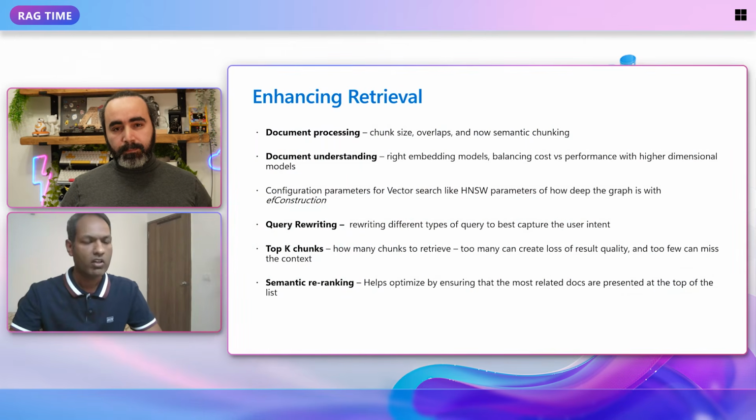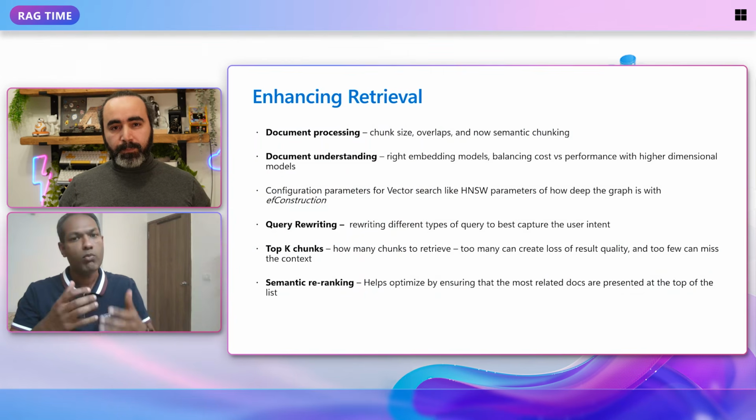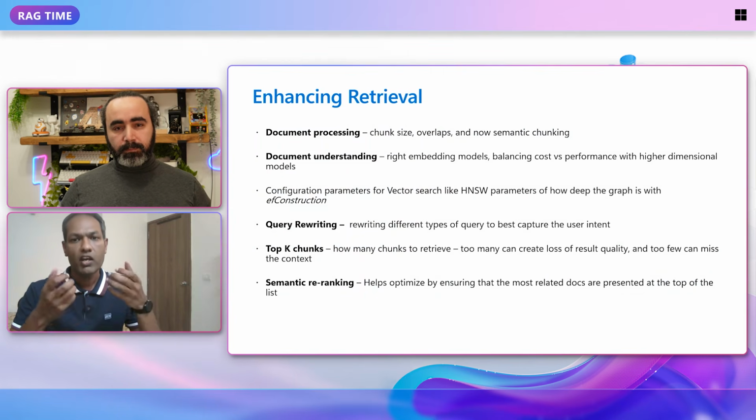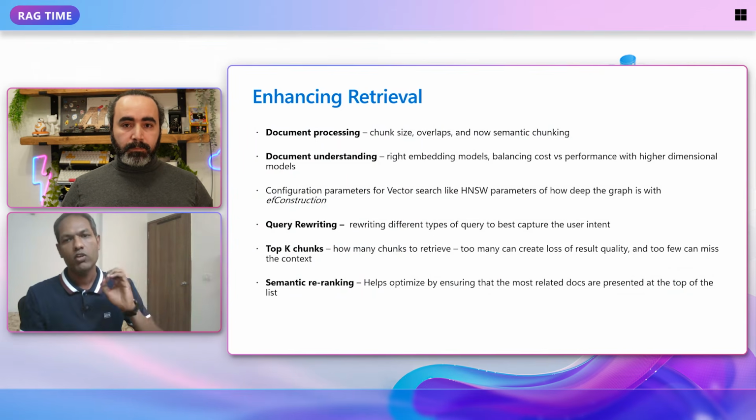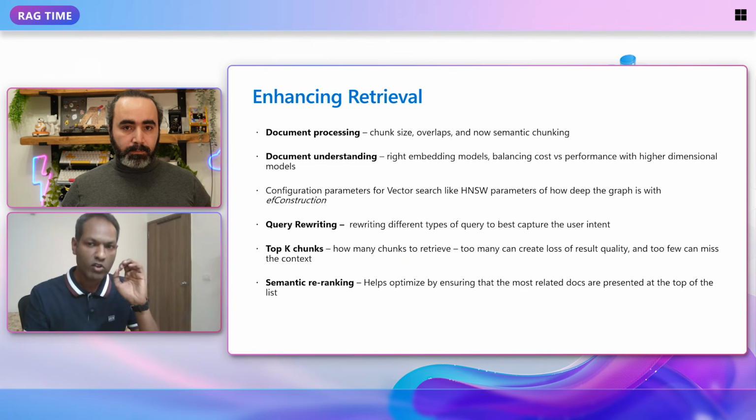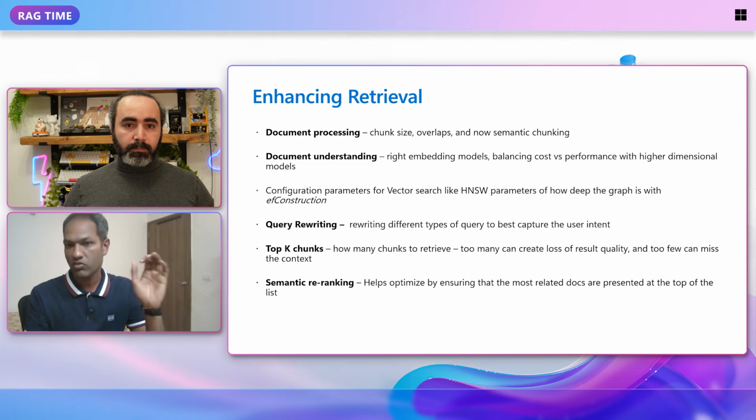Let's start from the top, right? You start by indexing the documents, right? Now, what is important is during indexing, it helps to break down the documents into specific chunks. Now, there are different chunking methodologies: fixed length overlaps, semantic chunking, and structure based chunking, right? All of them have their own places in understanding the content. Now, once you are past that, the next choice is the choice of the right embedding models, right? They are important for your specific data and also for the cost, because different models have their own cost considerations.